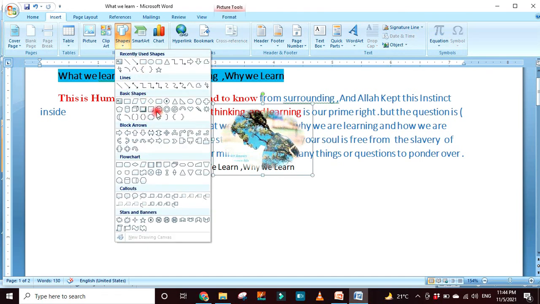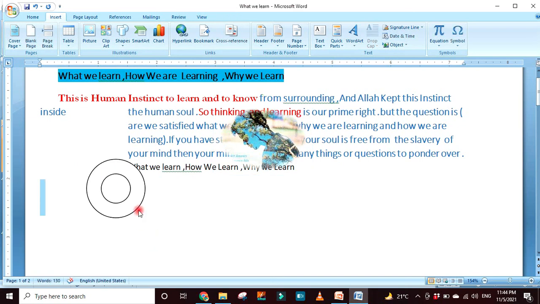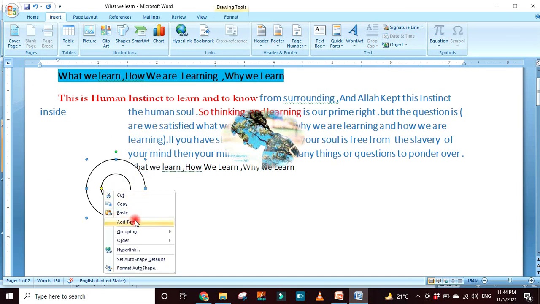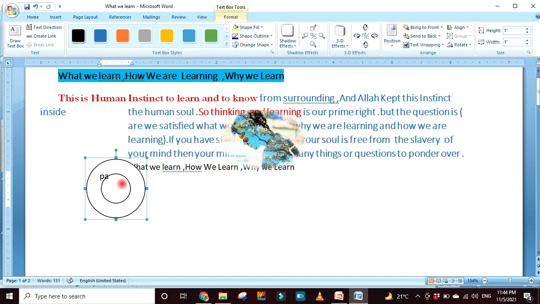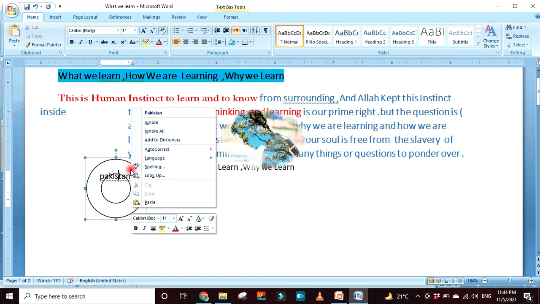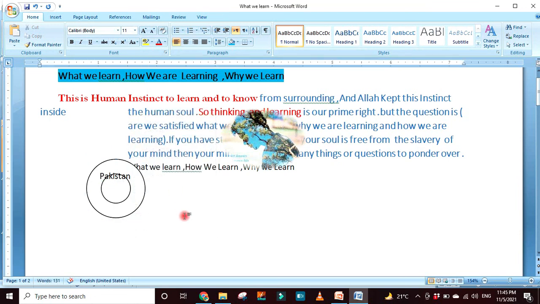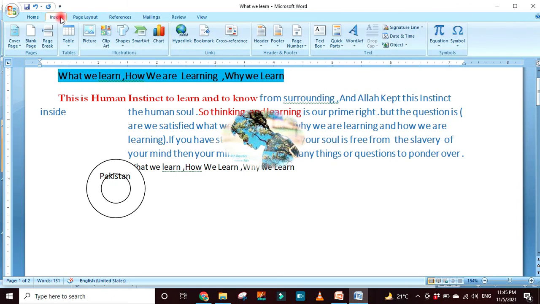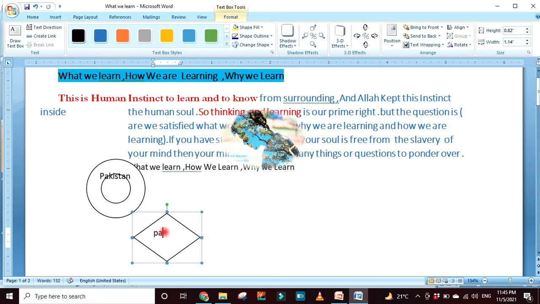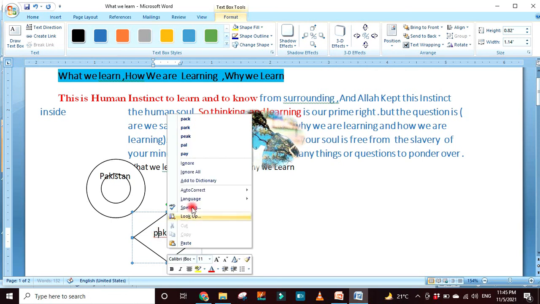और इसके अंदर राइट क्लिक, सॉरी सेलेक्ट द शेप, राइट क्लिक, ऐड टेक्स्ट। नाउ यू कैन राइट एनीथिंग, पाकिस्तान, यू कैन राइट डाउन पाकिस्तान हियर, ओके। ये आपका वर्ड भी इसके अंदर ऐड हो जाएगा। अब देखिए पाकिस्तान इज़ द करेक्ट वर्ड बट अंडरलाइन कर रहा है बिकॉज दिस वर्ड इज़ नॉट एडेड इन द डिक्शनरी, सो वी इग्नोर इट। इस तरह से हम शेप के अंदर भी ऐड कर सकते हैं, बट यू ऑलवेज टेक द थिंग्स फ्रॉम द इंसर्ट ऑप्शन। यहाँ पर राइट क्लिक एंड ऐड टेक्स्ट, विदाउट दिस ऑप्शन यू कांट। तो ये हमारा मेथड है, पिक्चर भी इंसर्ट कर सकते हैं।